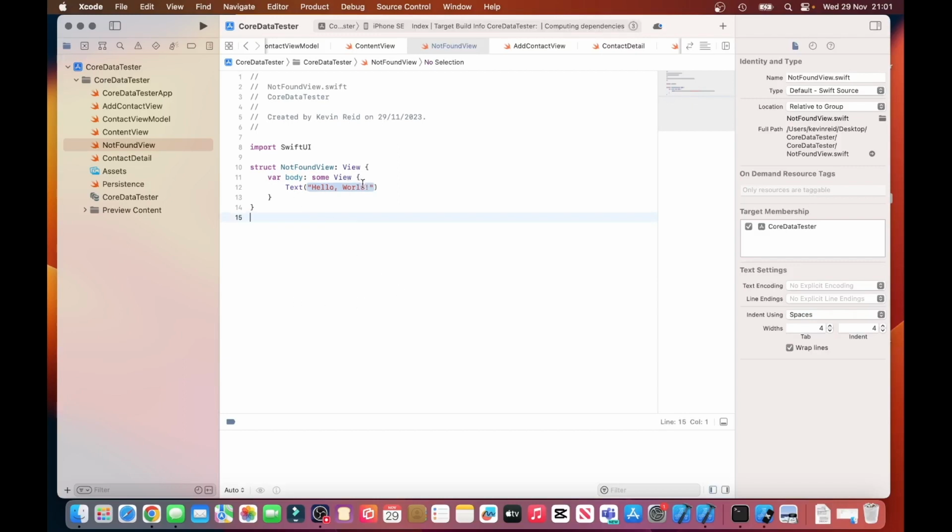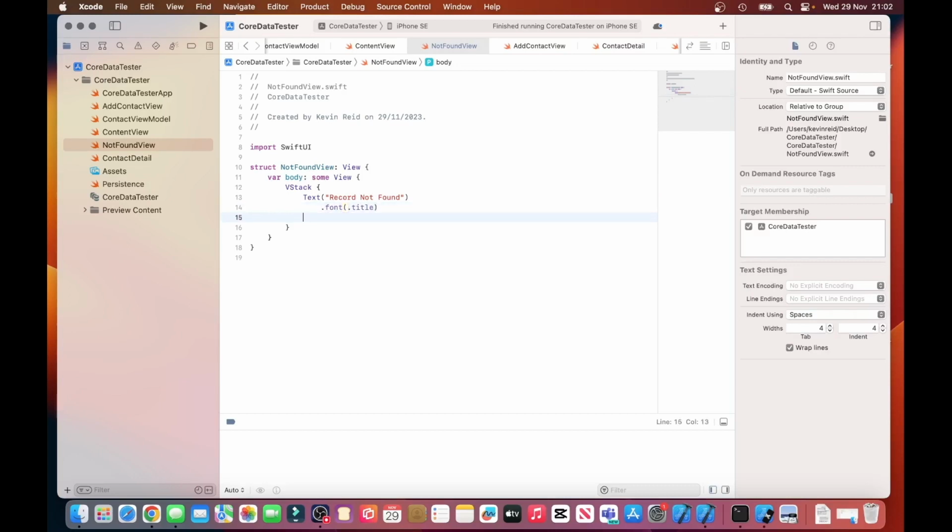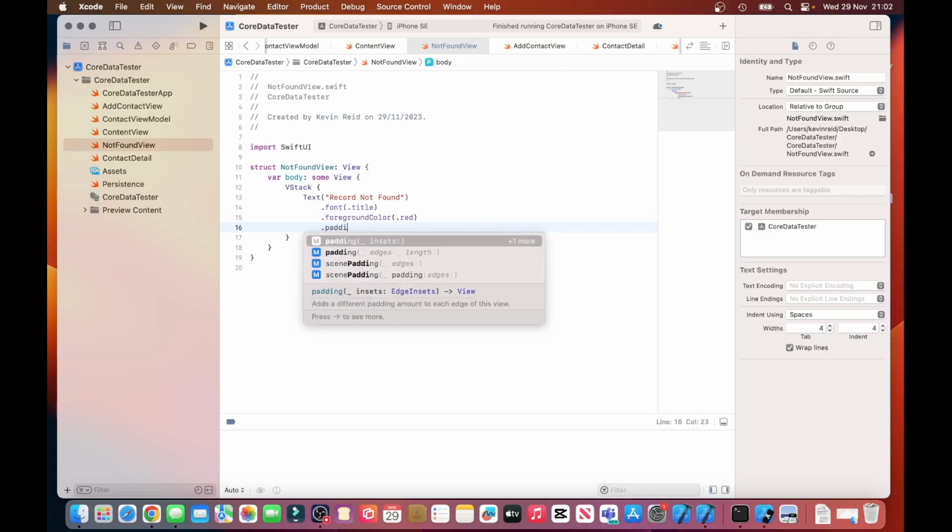And then within the not found view, delete line 12. And then type a VStack. Type text, record not found. Font, title, dot foreground color, dot red, dot padding,